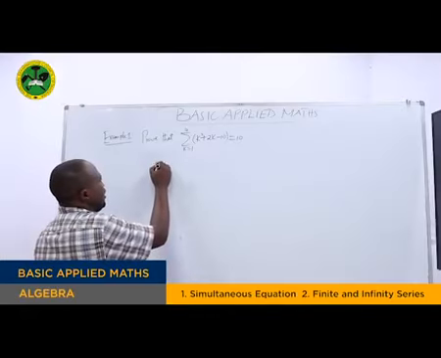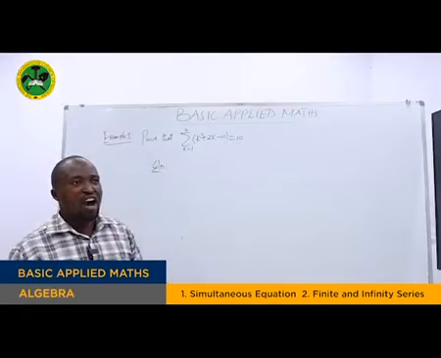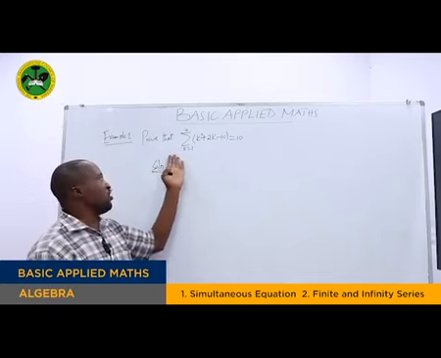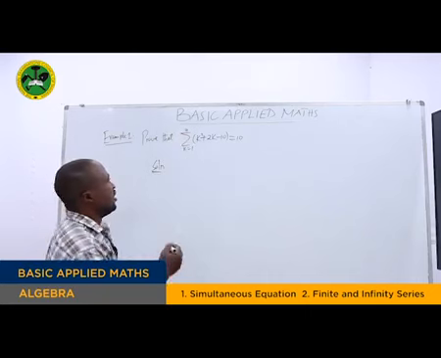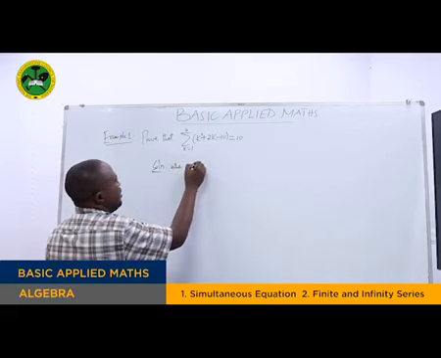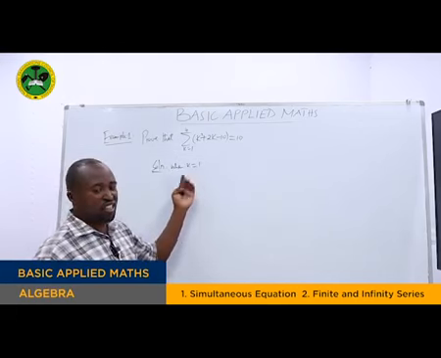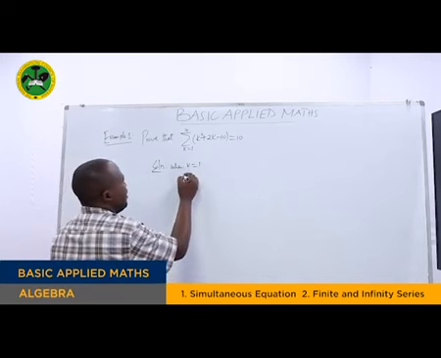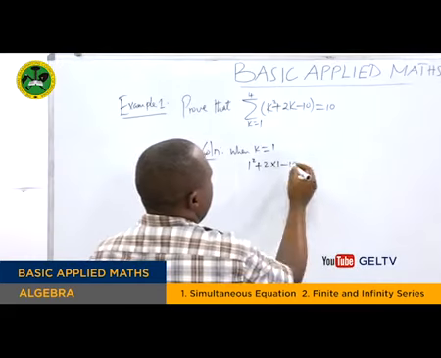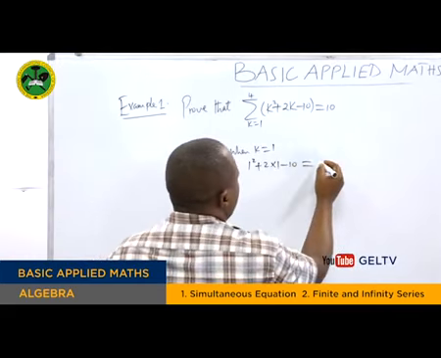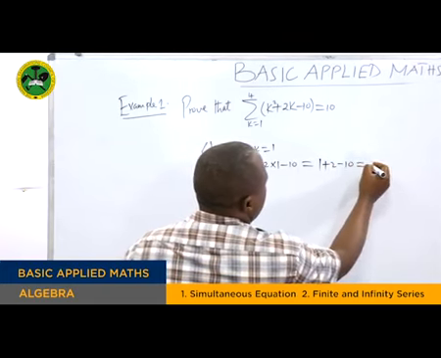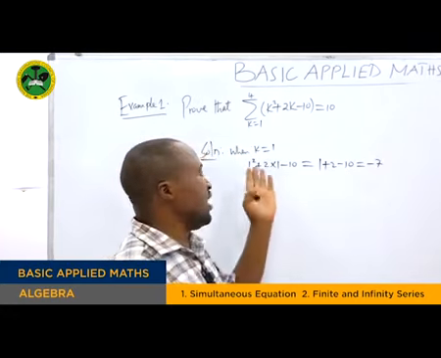Now, such kind of equation is simple, and I will show you how to solve such kind of equation, how to prove. So we are going to substitute values of k from 1 to 4. That is, when k is equal to 1, so we substitute the value of k. So we are going to have 1 squared plus 2 times 1 minus 10. Now this one is going to give us 1 plus 2 minus 10, which is equal to negative 7. That is when k is equal to 1.